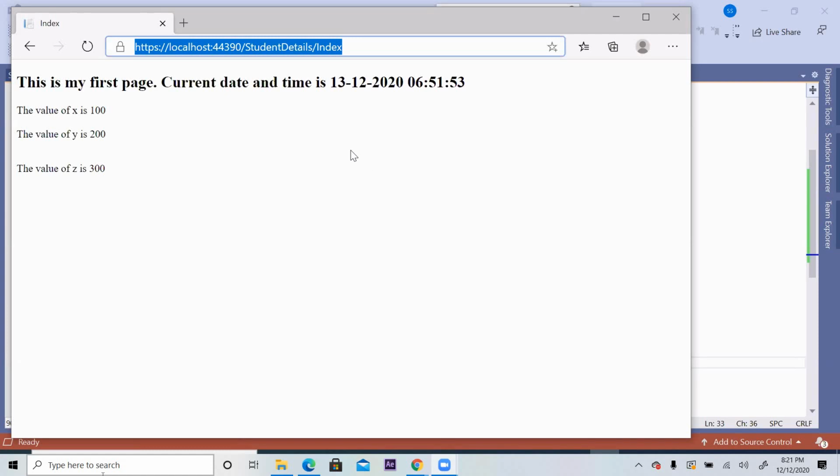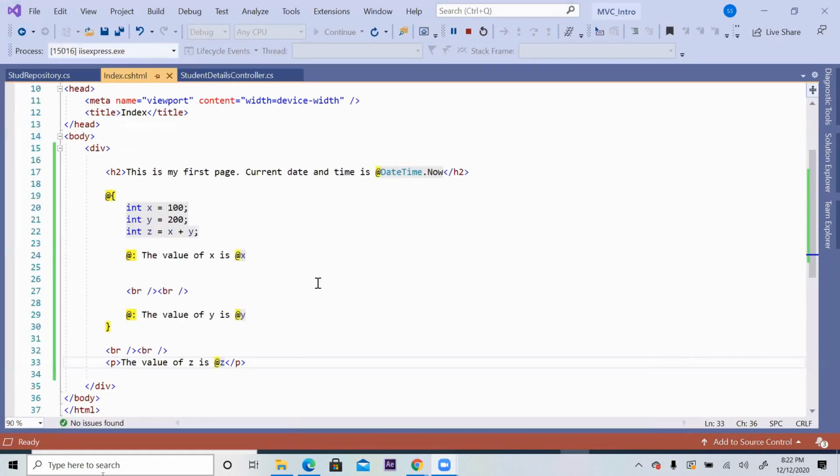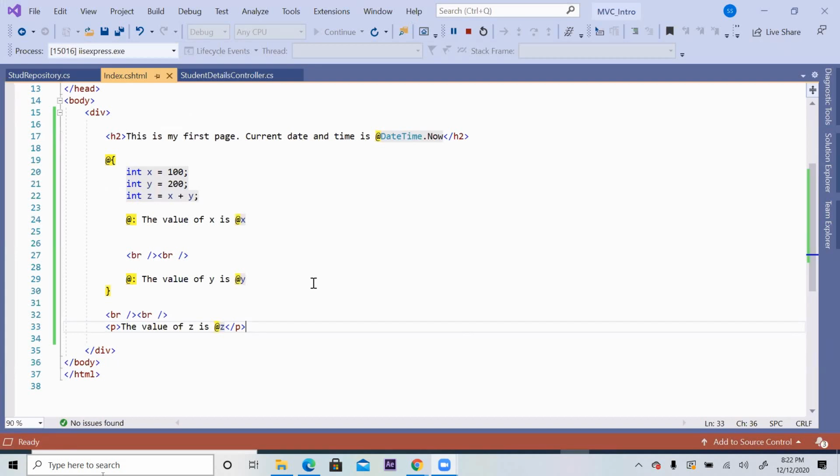In fact, as long as you are changing only the view, no need to close this browser also. You can keep it minimized, then change something in the view, then refresh it, possible. So this is how we are able to display all this inside result block, outside result block. Next is